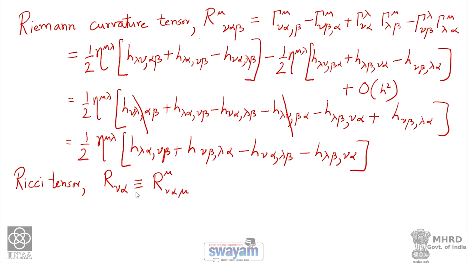In some books they contract the upper index with the second index, but that will be different from ours only in a matter of sign. So, it does not really matter. I have taken the convention that the Ricci tensor is obtained by contracting the upper index with the last lower index. So, if I do that, the Ricci tensor becomes